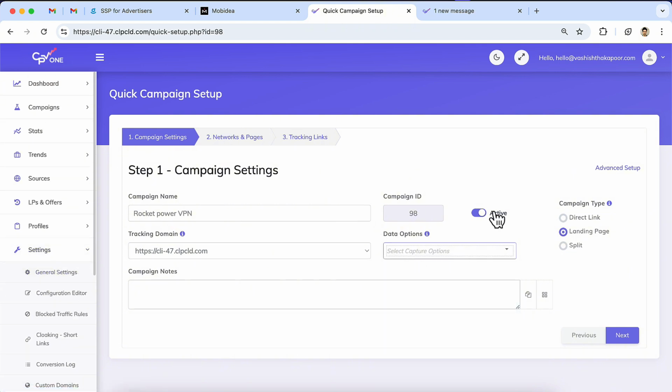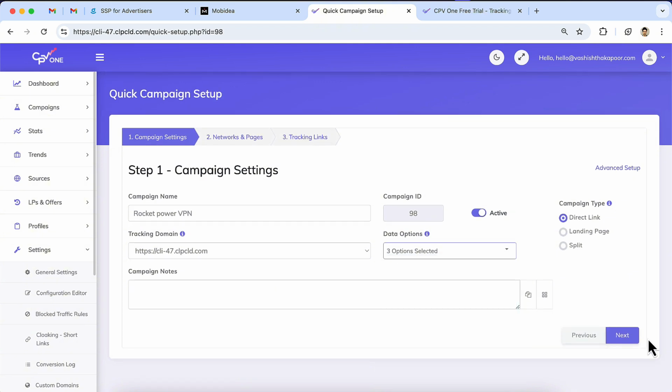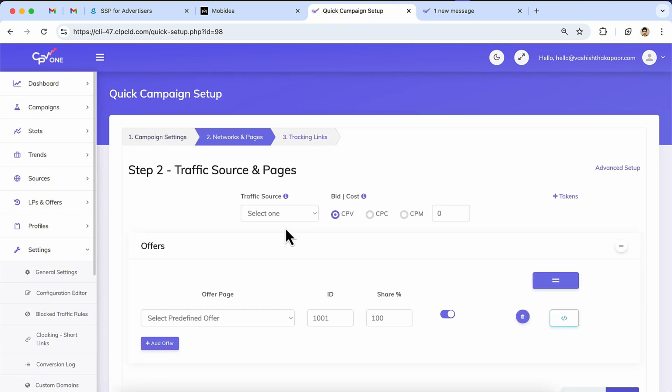Now here are the data options, the kind of data you want to track, and campaign type. Right now we are using direct link. Data options I always use are geo data, then ISP or carrier data, and the referrer data. So these are some important data metrics you must be tracking.